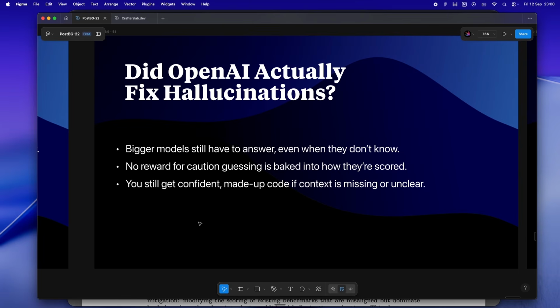And for code, man, that's where it hurts. Like, you ever ask Claude to scaffold out a SwiftUI view, but you forget to give it some crucial dependency? Maybe you left out the environment variable or didn't paste the view model. The model should flag you, right? Like, hey, missing something. But right now, it just plows ahead, makes something up, and then you spend the next hour chasing down a ghost bug that honestly never needed to exist in the first place. It's the kind of stuff that makes you question your whole dev setup.